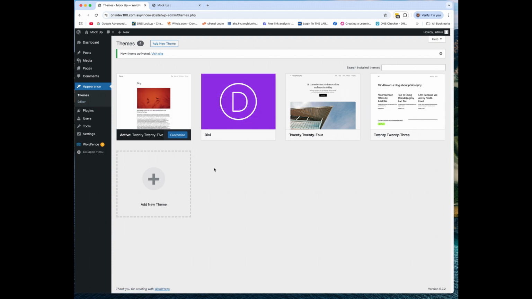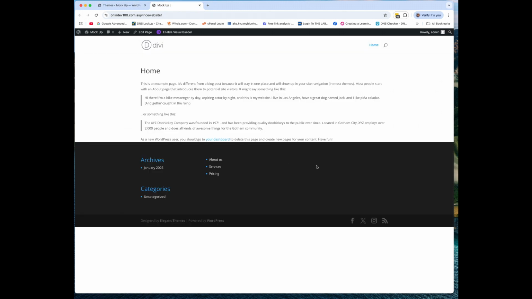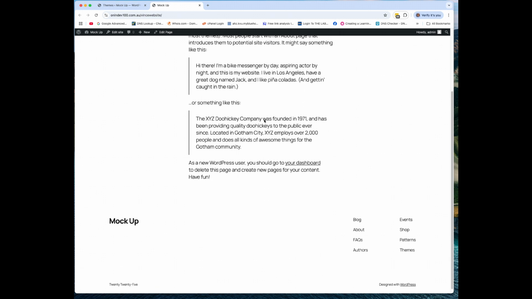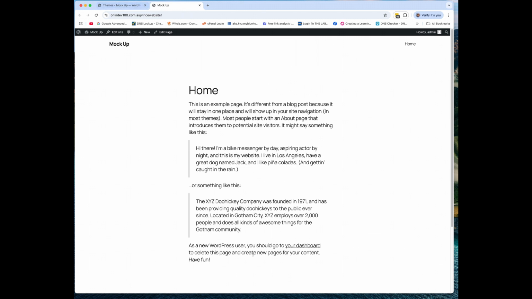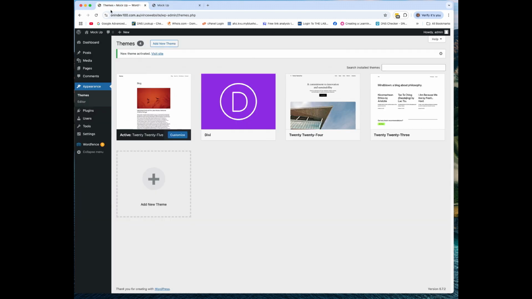And since we are talking about footer, what we want to do is to edit the footer. Okay, this area, as you can see, if we are going to refresh that, this is the picture of it, and this is the default footer area. So how are we going to work on that? Going back, let's click editor,